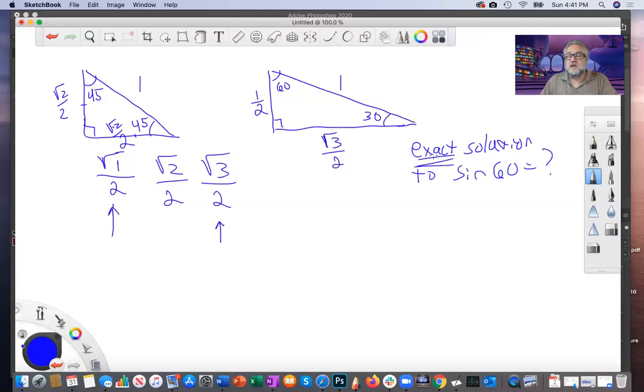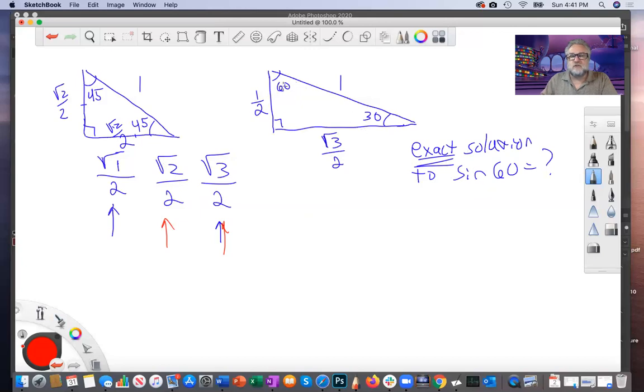Exact means you can't use a calculator, because a calculator is going to have to round. For both of these two, these are irrational numbers. When you do square root of 2 or square root of 3, it goes on forever. So you need an exact solution, that means you use the special triangles. Okay, so an exact solution to this,